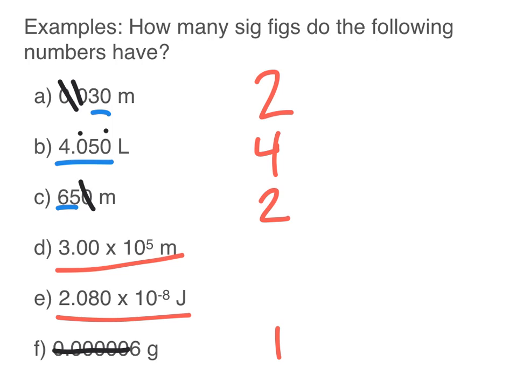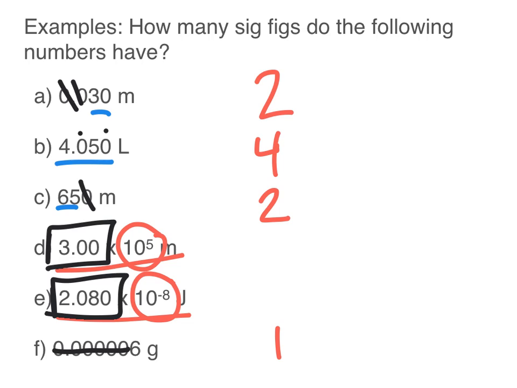What about scientific notation? We kept saying, hey, we like writing things in scientific notation. How are you supposed to deal with those kinds of situations? Well, remember, these are just telling us how big or how small a number is. So all they're doing is just moving our decimal place around. They're not actually doing anything to the number. So really, all I have to look at is these numbers. So here I've got